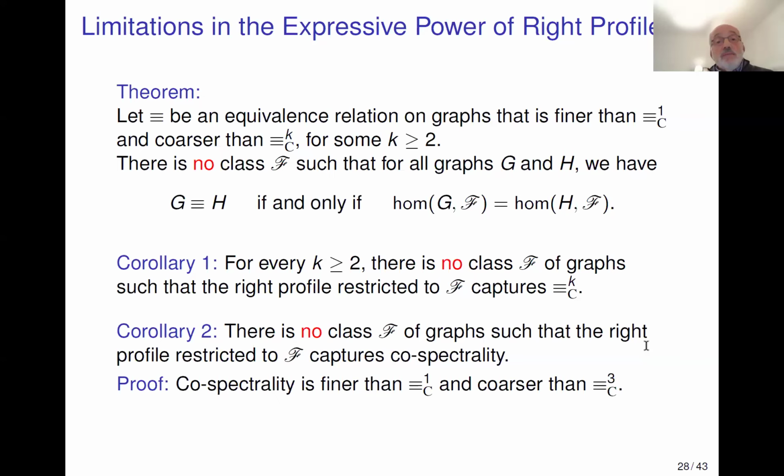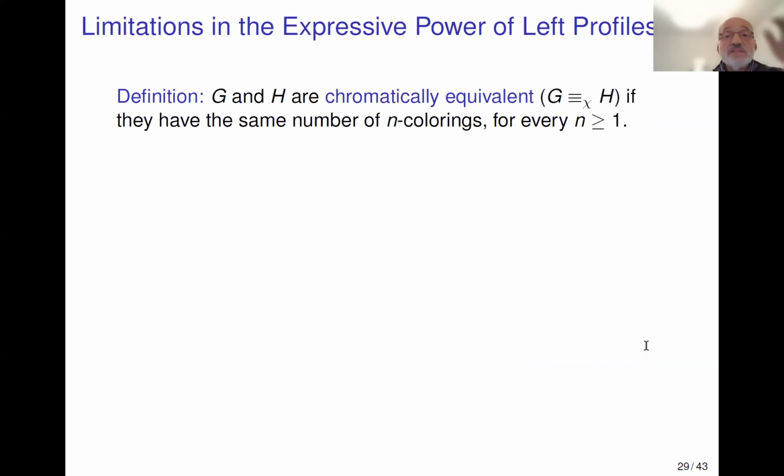So what we have seen so far, in some sense, is that there are things you can do from the left that you cannot do from the right. Well, it turns out there are things that you can do from the right that you cannot do from the left. And this brings the notion of chromatic equivalence. Two graphs are chromatically equivalent if they have the same number of n-colorings for every n bigger or equal than 1. This is a very old notion, introduced by George David Birkhoff in 1912